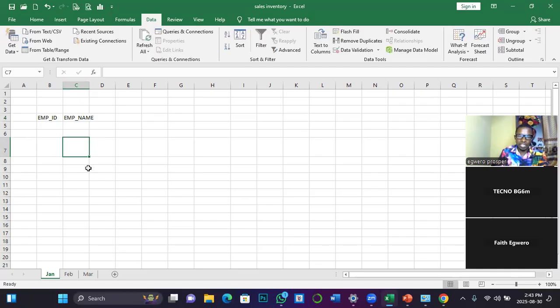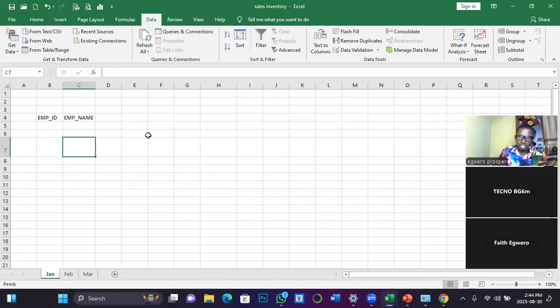The challenge is that this header has exceeded the width of the default column. So how do I automatically adjust it? You trace that line up, double click on it, and it will automatically shift the line in order to accommodate the length of your entry.